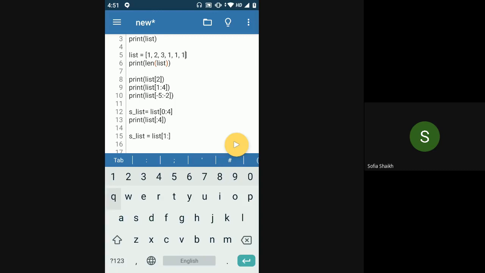But while putting this ending index, we'll have 6 as the value.